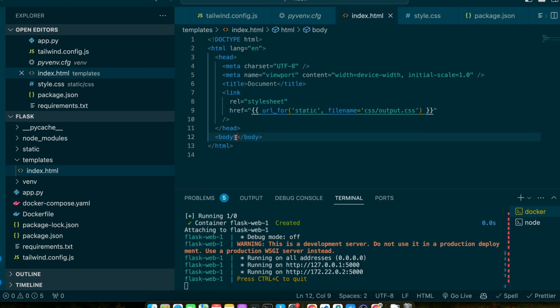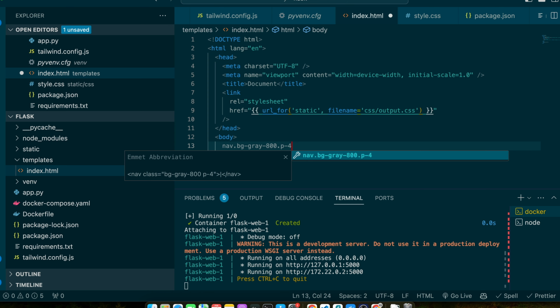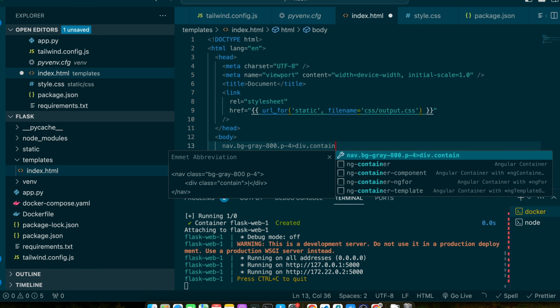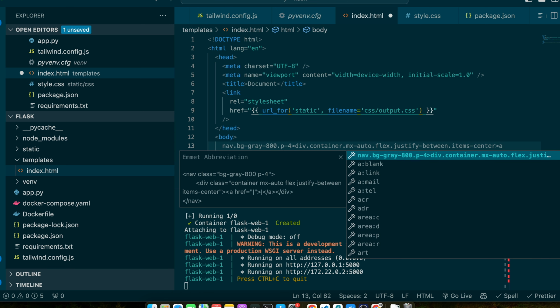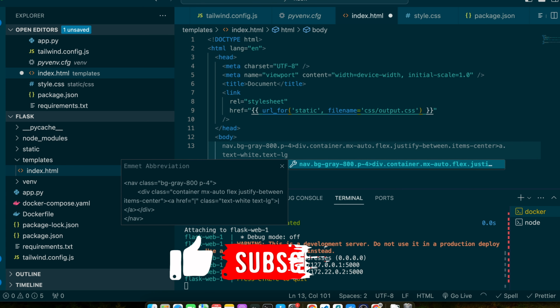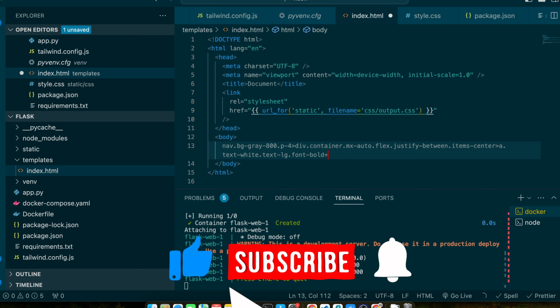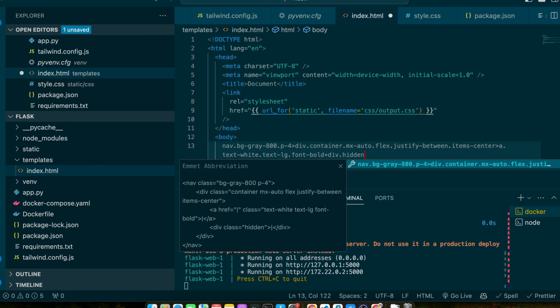So here in the body tag, this time I will add nav with class bg-gray-800 and padding of 4 on 4 sides, and within that nav I need a div with classes container, mx-auto, flex, justify-between, items-center, and within that I need an a tag that will have text-white, text-lg, font-bold, and after that I need a div with classes hidden by default and md:flex, and